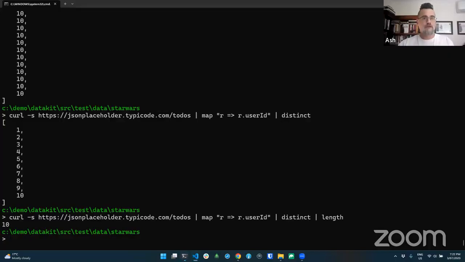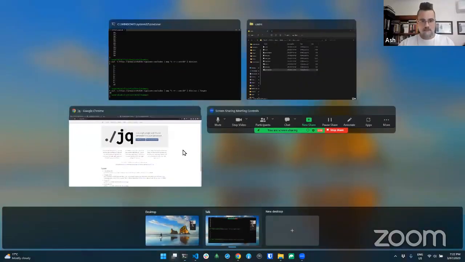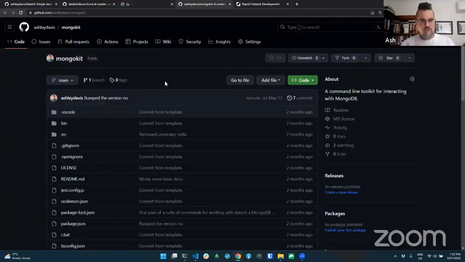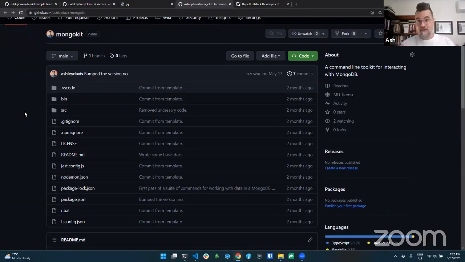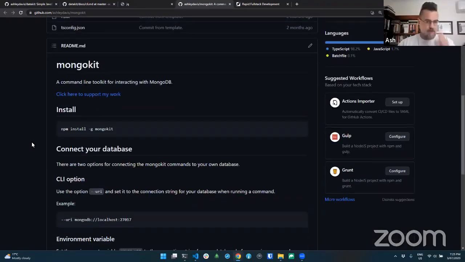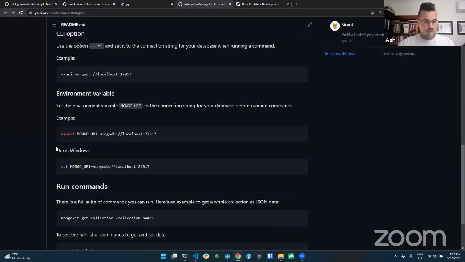What else have we got here? I'll show you one more thing, and that is, almost to go hand in hand with DataKit, I made MongoKit. MongoKit is a command line application where you set your connection string to your database. You can set it from the command line, or you can set it in an environment variable. And then you can use commands to pull down all your data really easily. So for example,